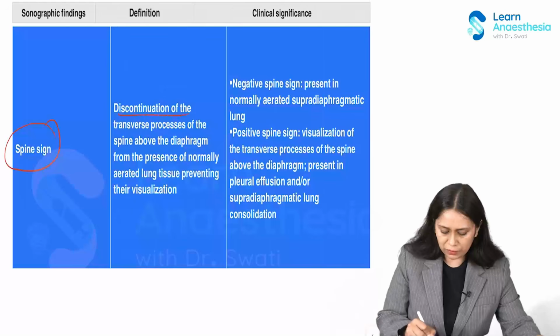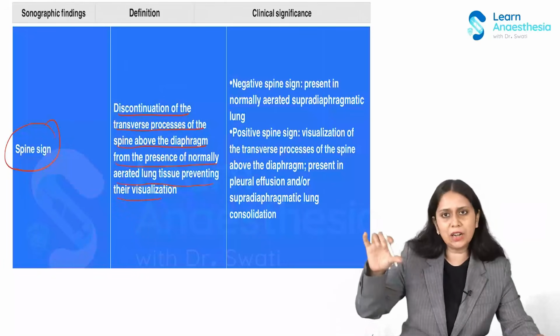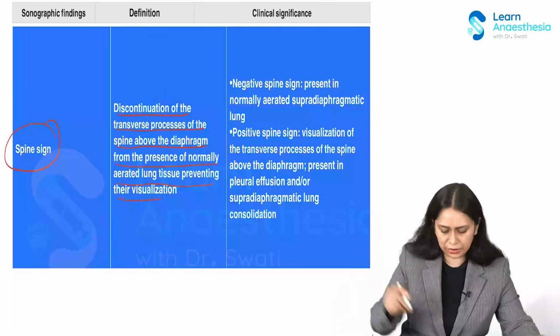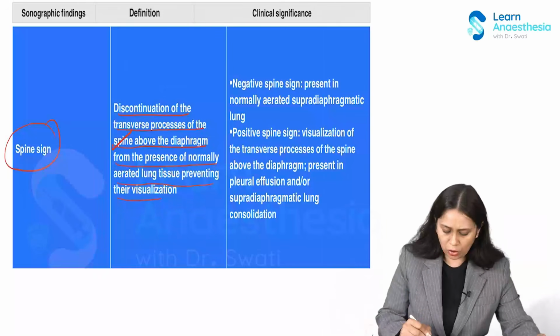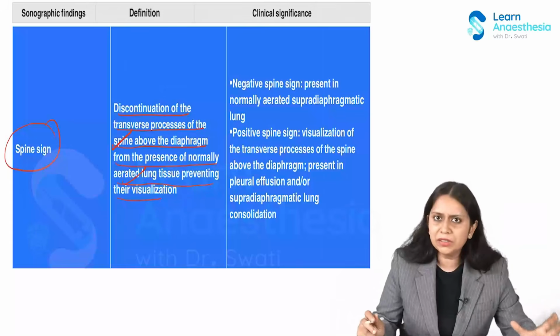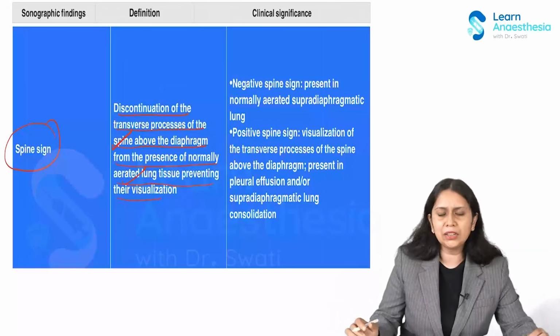Normally the transverse process of the spine is not seen above the diaphragm, because of the normally aerated lung tissue, which prevents its visualization. But if there is fluid there and normal aerated lung tissue is not there, then we will be able to see